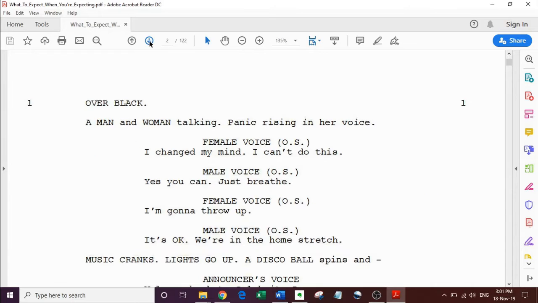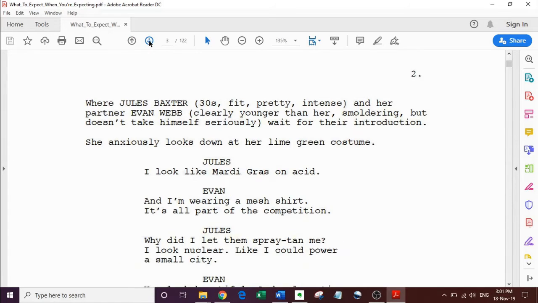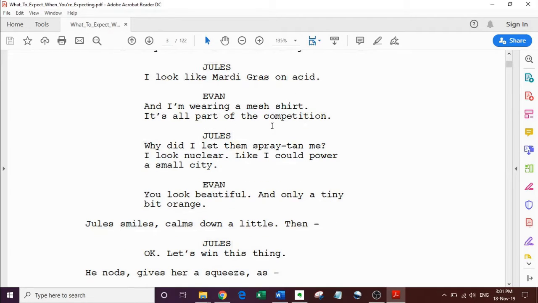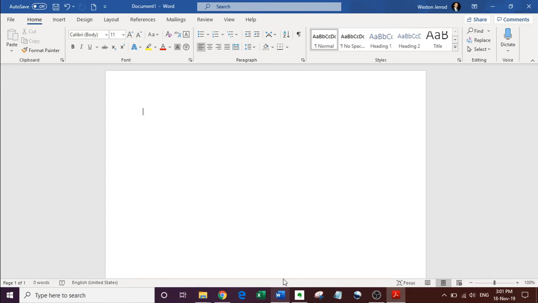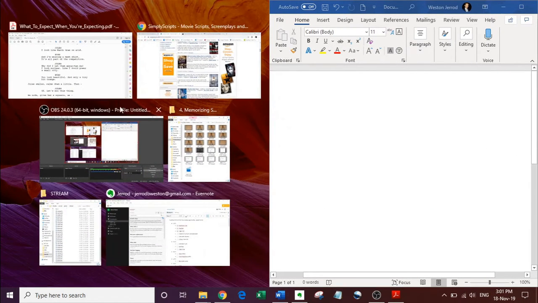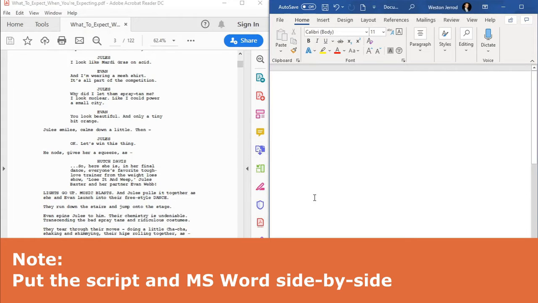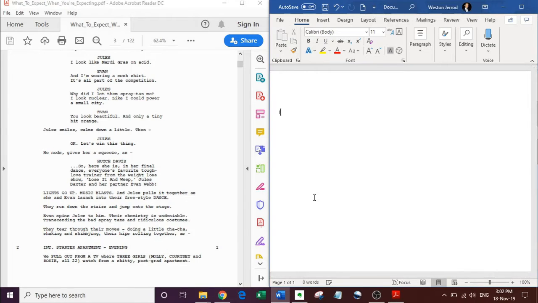And then I found a couple of lines here. These three lines right here. I'm just going to be Jules, and because it's three lines, that'll be good for our example. And we're going to start memorizing them, okay? The other thing that I need to do is get Microsoft Word going. I'm going to snap that on one side and put the script on the other side. And what I start off by doing, just real quick, is to type it, just to get the feel for it to start out, okay?